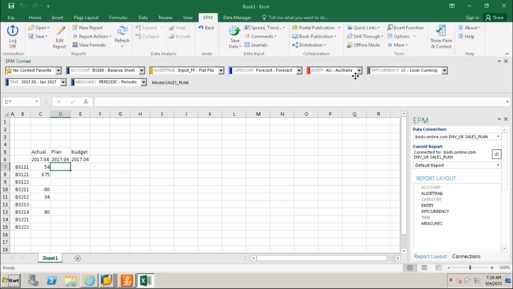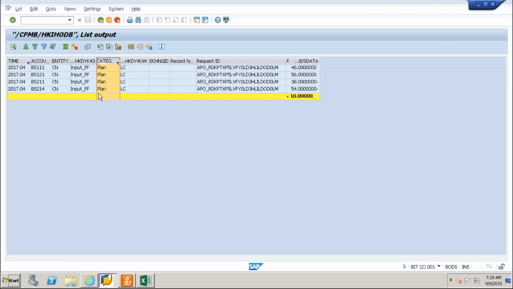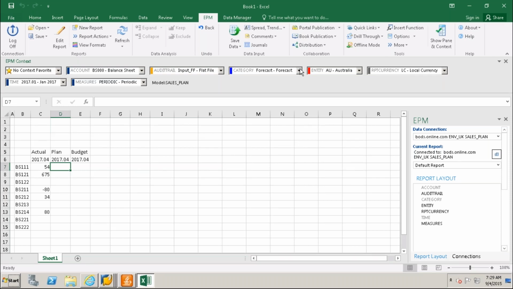Here entity Australia, input FF, periodic, this is 2017-01, and what we missed out here, input_FF 14 LC, plan category.